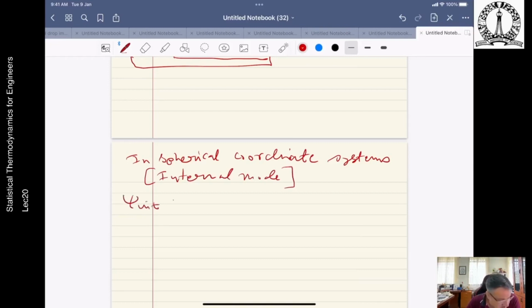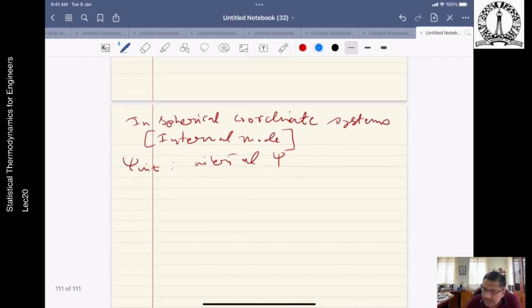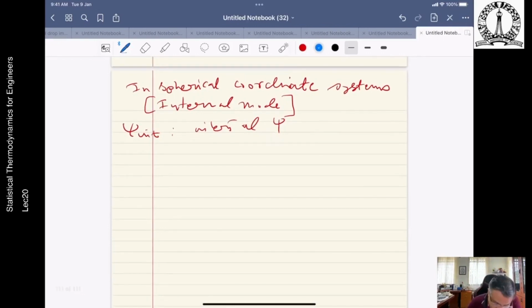So this is the internal wave function psi. So now if you spread out and write the total thing in a spherical coordinate system, basically the Laplace operator, you will find it. So this is basically the Laplace operator. So if you try to do that, you will find